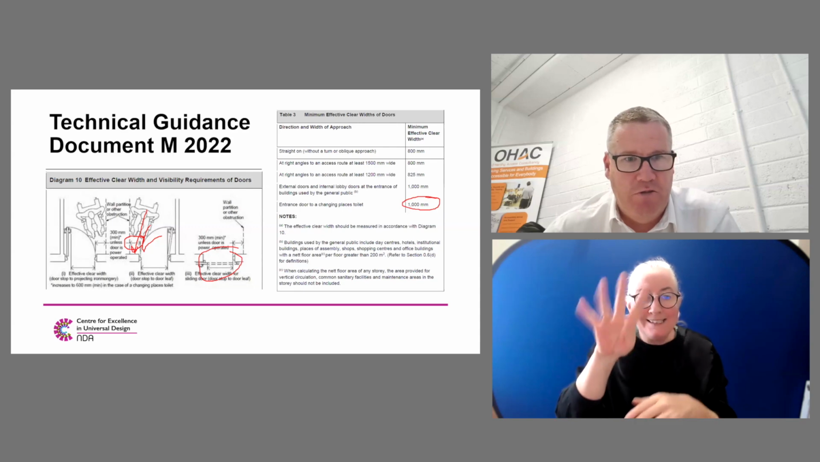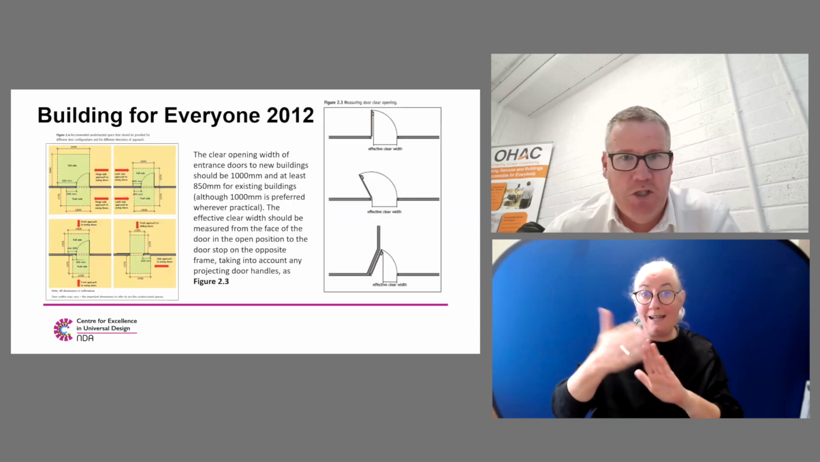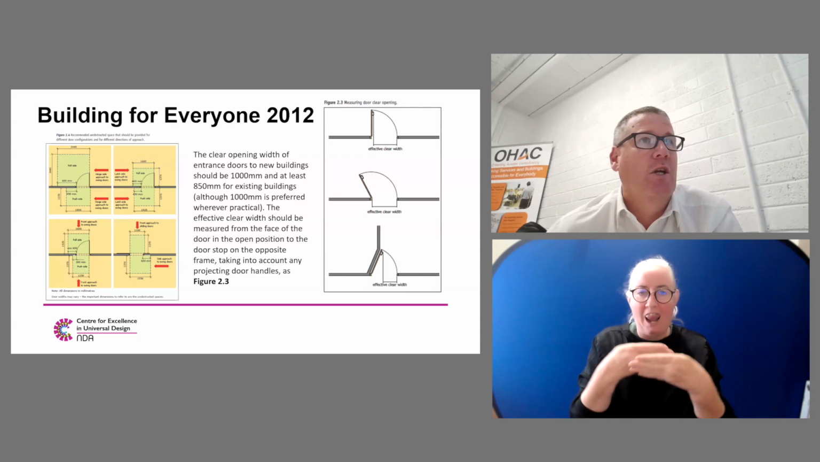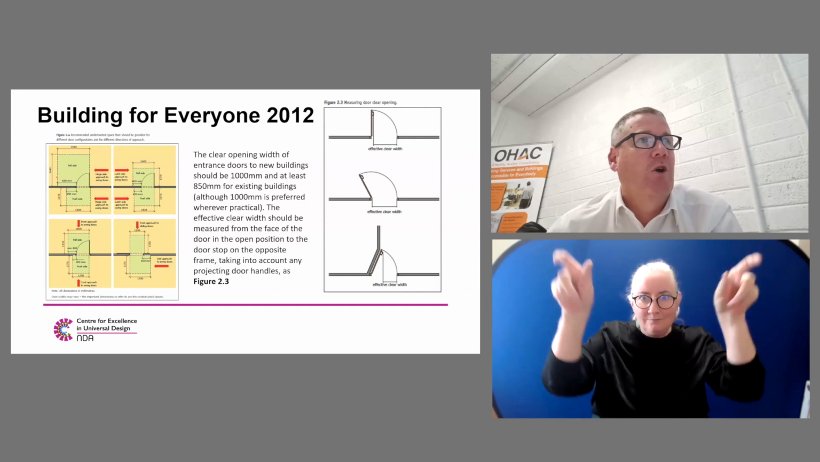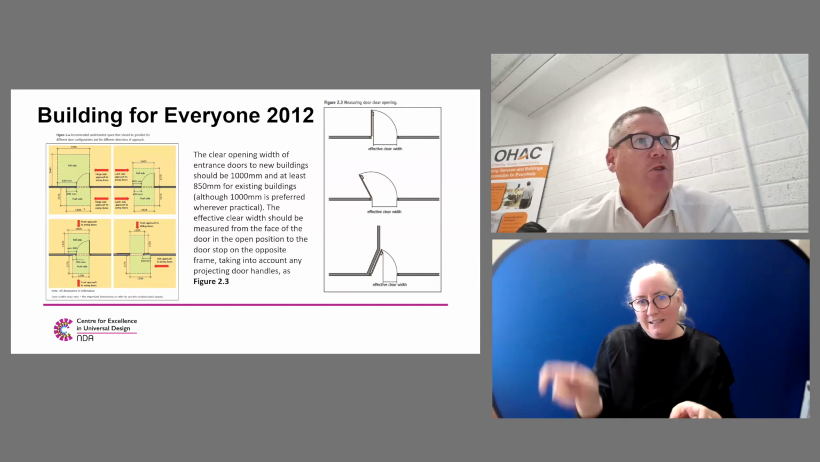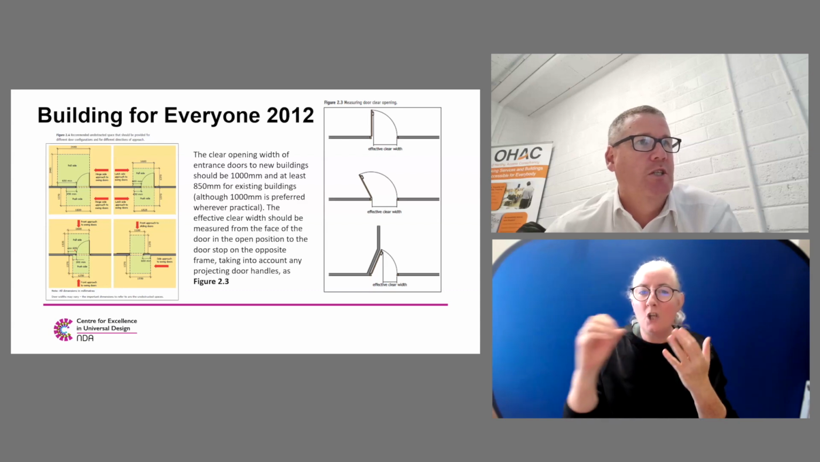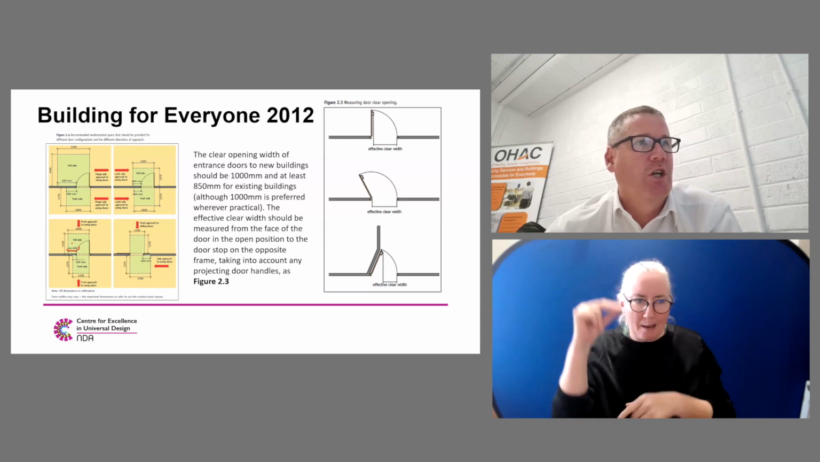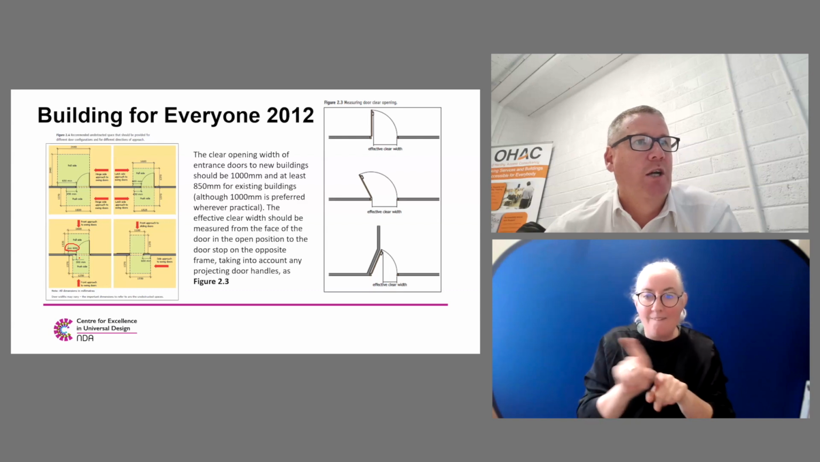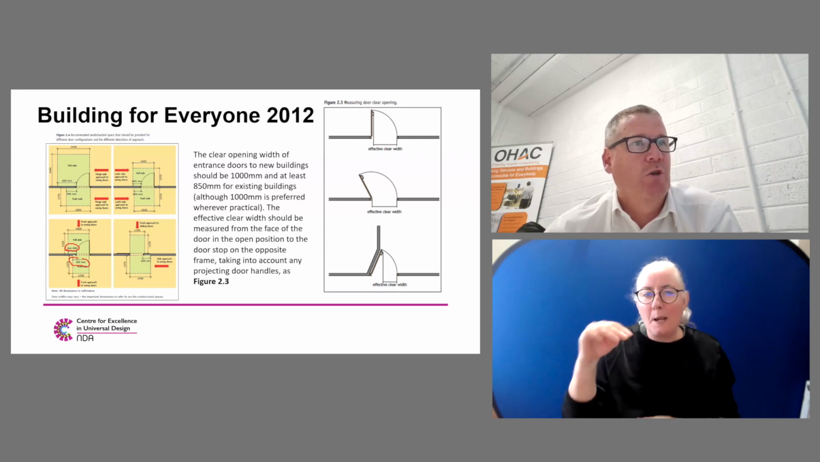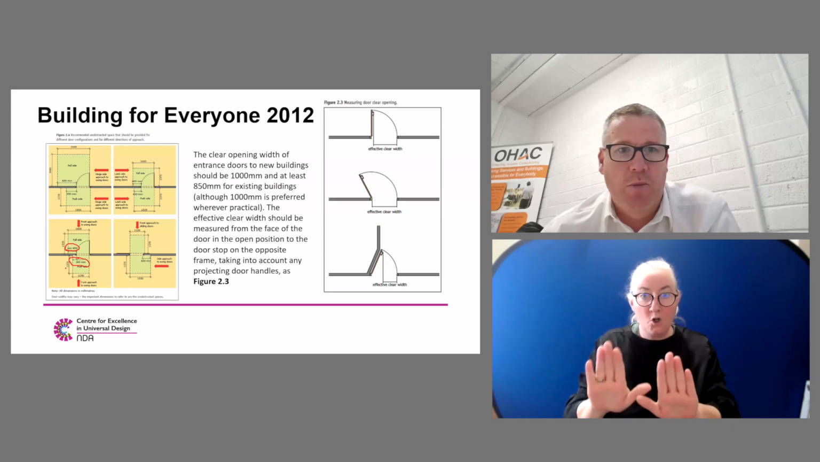Also, to recognize that Building for Everyone, as I previously mentioned, requires that you have a larger leading edge, looking at the different kinds of turning spaces and space required for someone to open a door. It's actually 600 millimeters in some of the examples there for a leading edge on a pull side of a door. And they also require a leading edge of 300 millimeters on the push side of a door, which isn't a requirement in